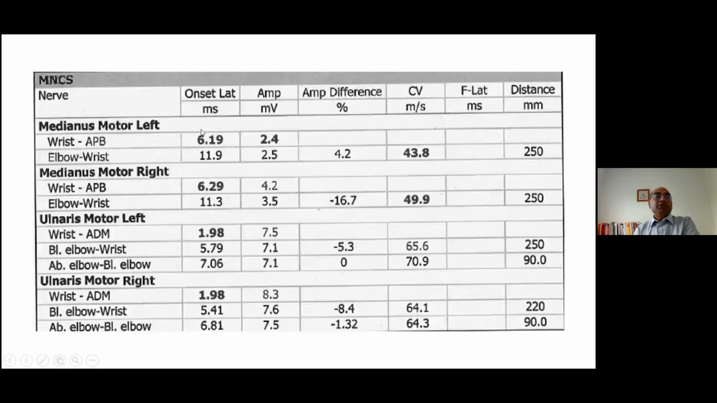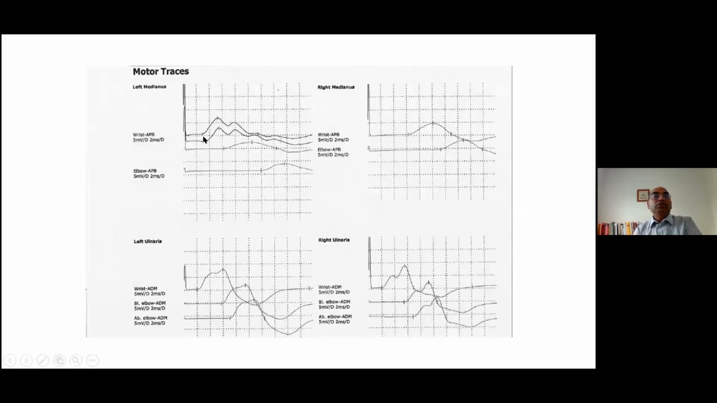So distal motor latency is very severely delayed. CMAP amplitude is reduced, left more than right. And there is a forearm motor conduction slowing of 43, and 49.9 is the lower limit of the normal range. But on the left side, it is reduced. And ulnars are normal. But if you do stimulation of the recurrent motor branch below